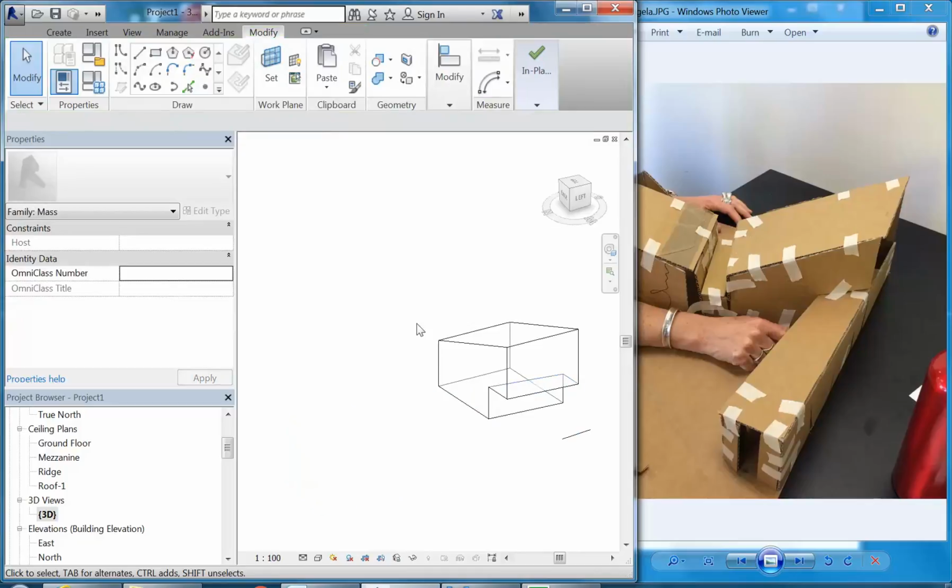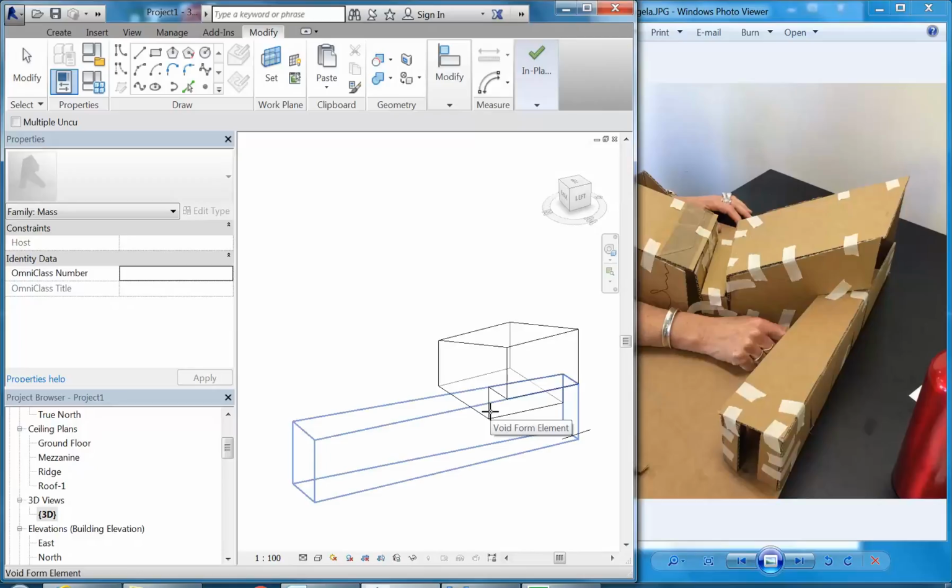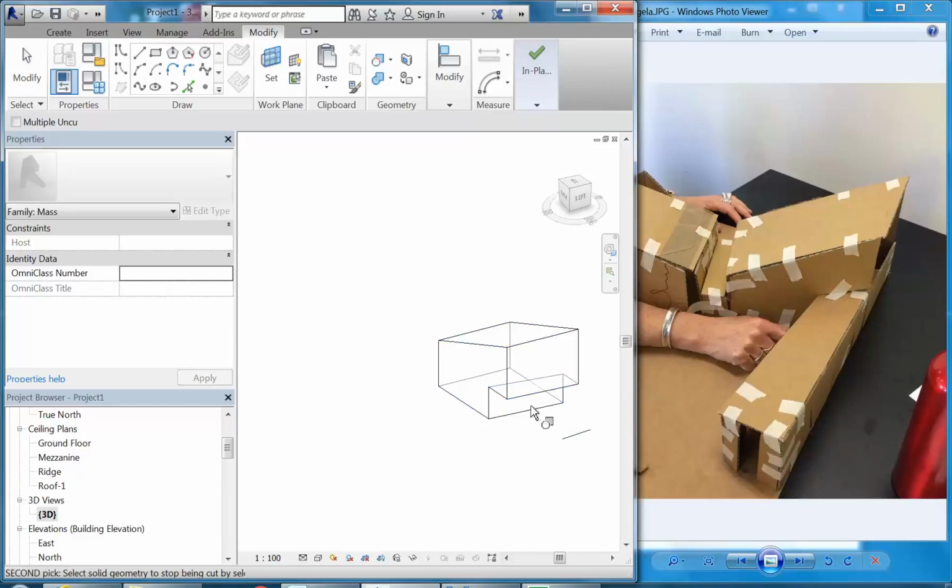Now the problem is it's cutting away from everything, so it's cut away the solid shape of this one as well, so I've got to go back to uncut geometry and choose that void, and then